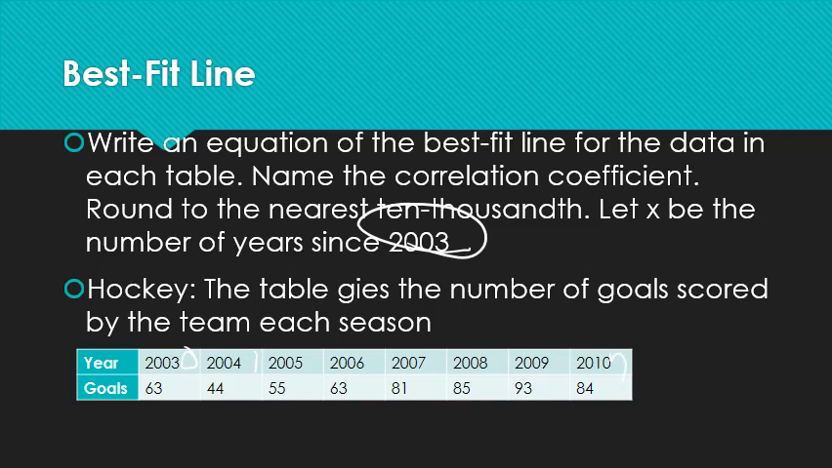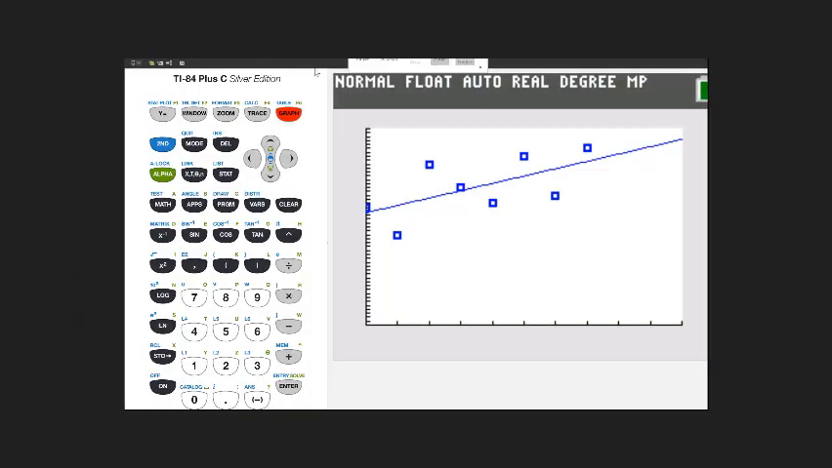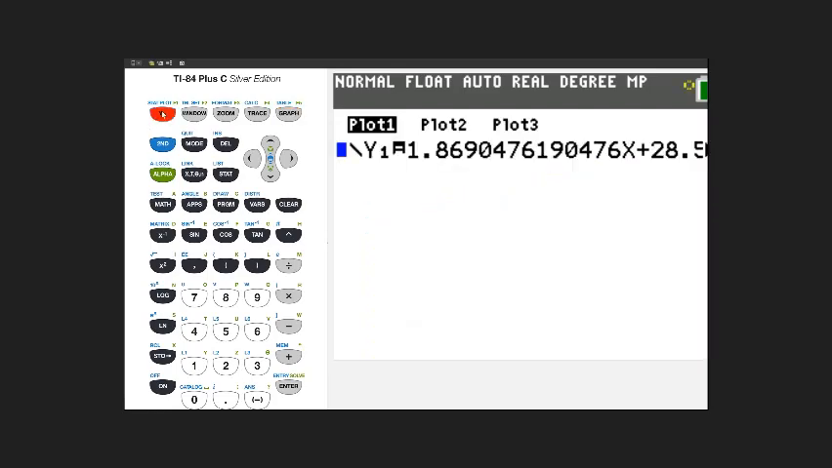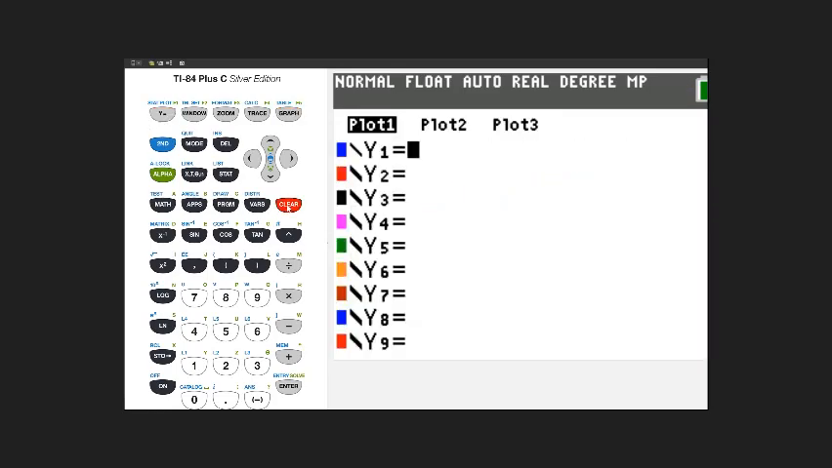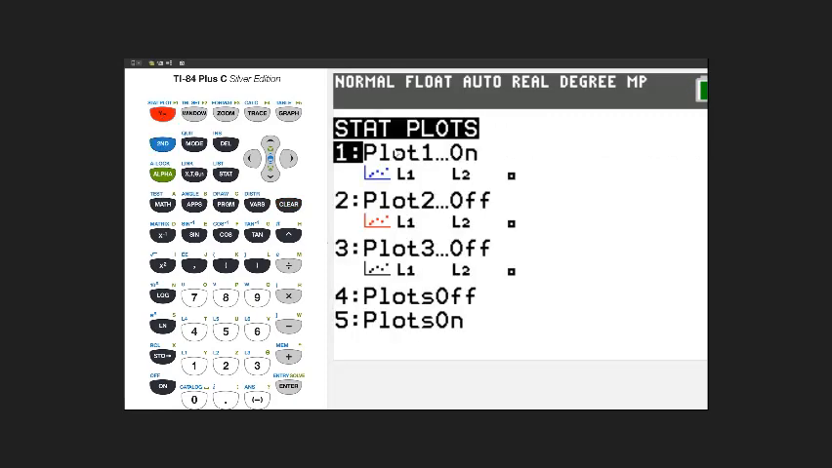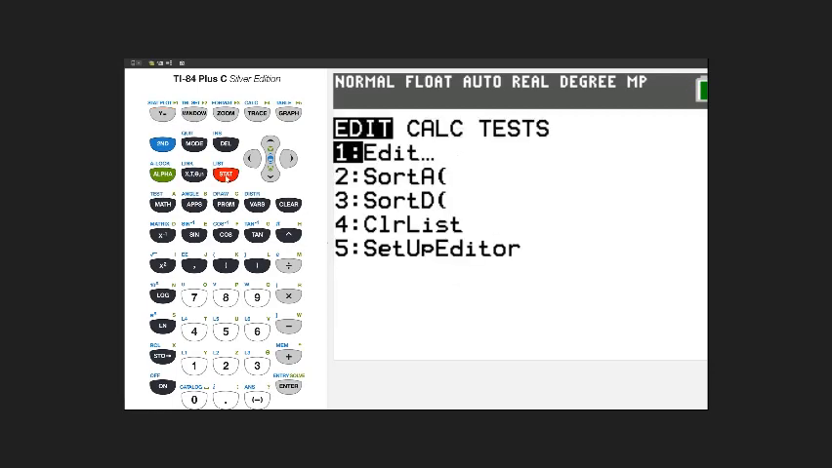So let's go in and create another scatter plot. First thing I'm going to do is go into y equals and clear whatever data I have here. Then I'm going to hit second y equals, and make sure my scatter plot is turned on. Here it is turned on because I used it before, and it's showing me here in the blue what type of plot I'm going to do, which is a scatter plot. I'm satisfied with that. So now I'm going to enter my data, and I'm going in here to stat. I'm going to choose edit,